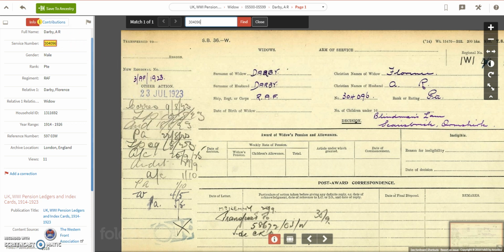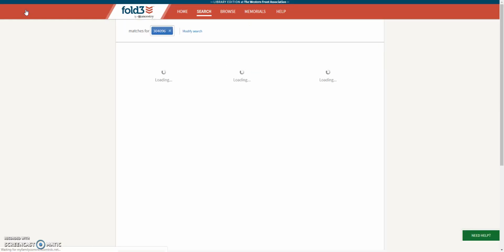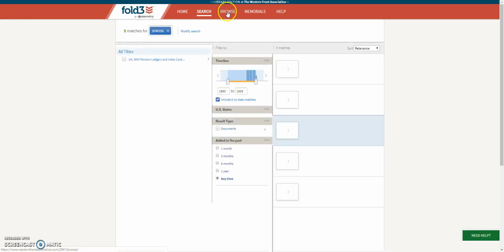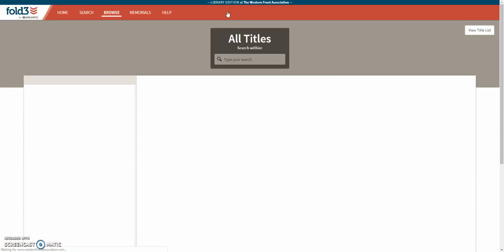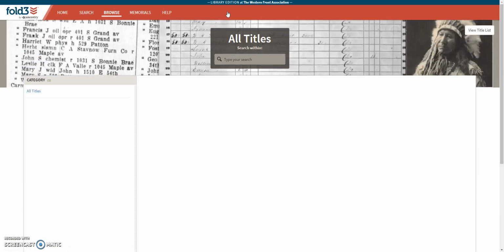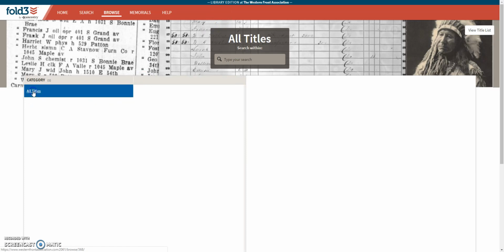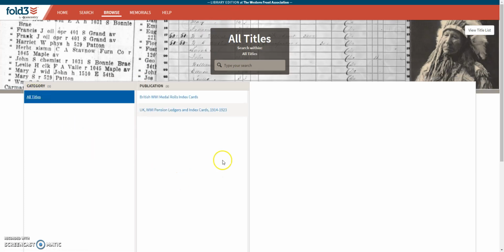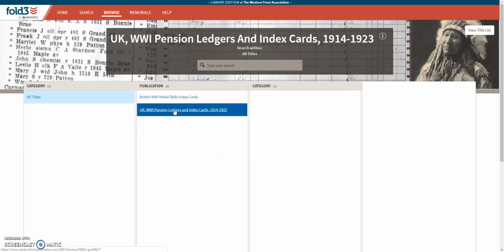Now this is where it's going to get a little bit complicated, but we're just going to explain the browse function now. So using this particular example, 3AF 1923, let's go back here and go to browse. This enables us to go through the titles on FOAL 3. So clicking on all titles here, and then onto this button here, and then onto the